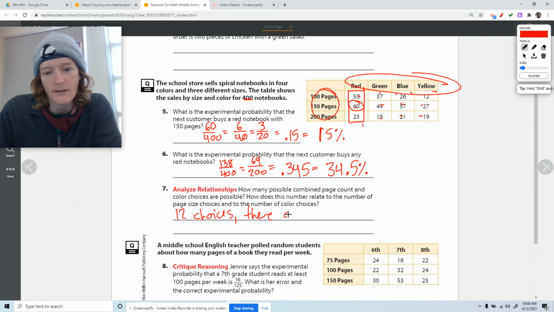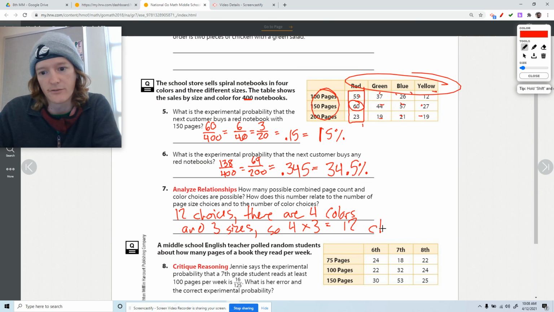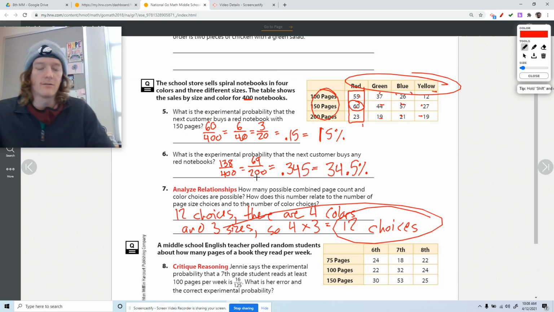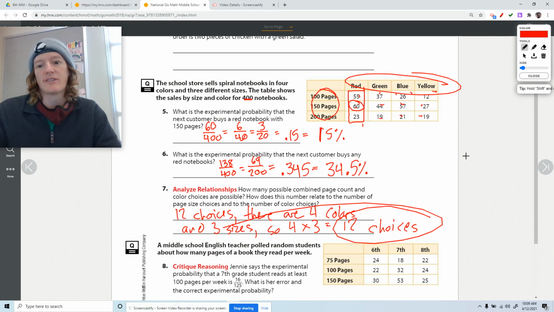There are 4 colors and 3 sizes. So 4 times 3 equals 12 choices. Got it. All right. So as long as you got number 5, number 6, and number 7 done,